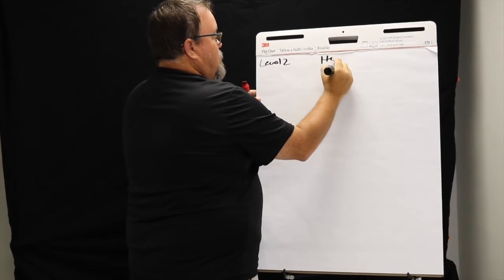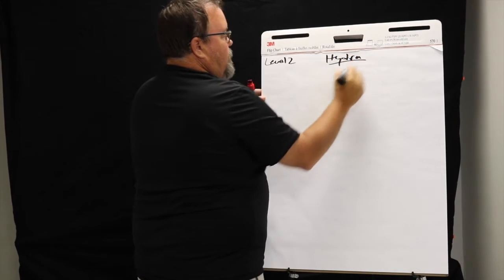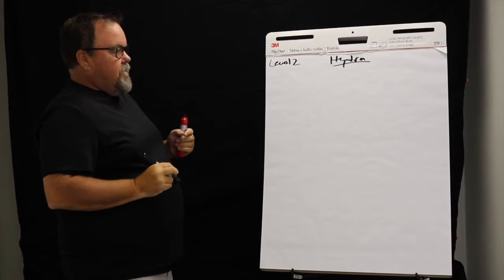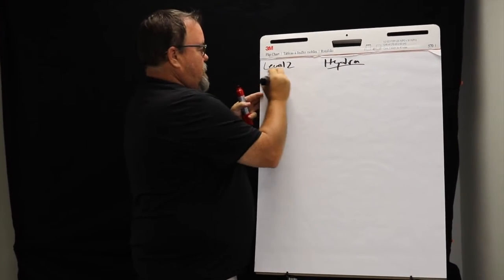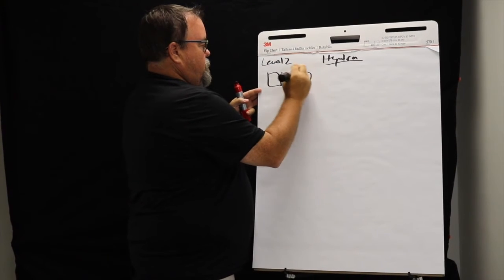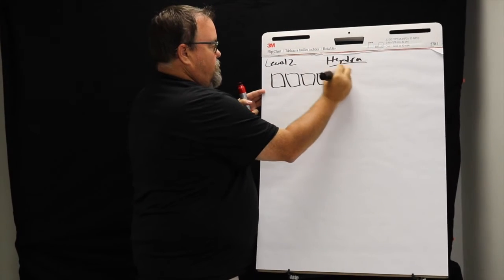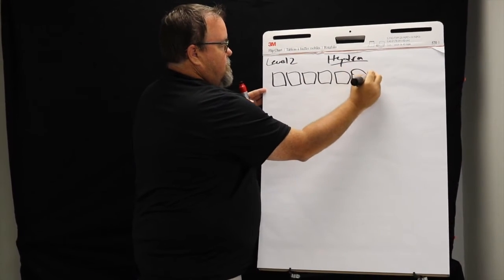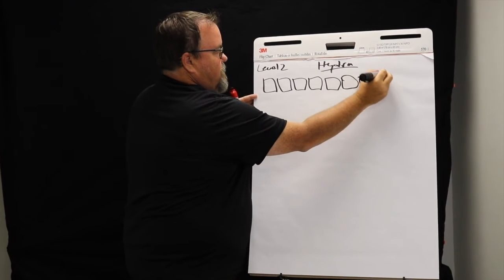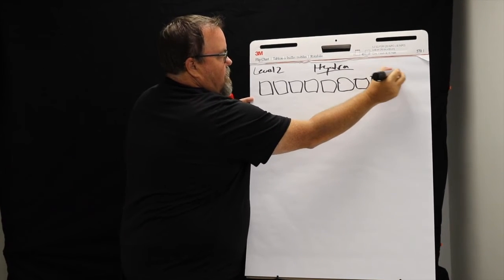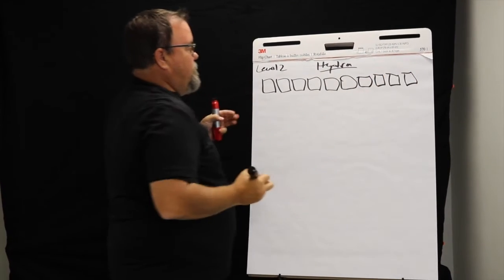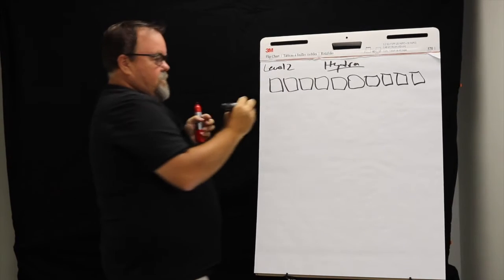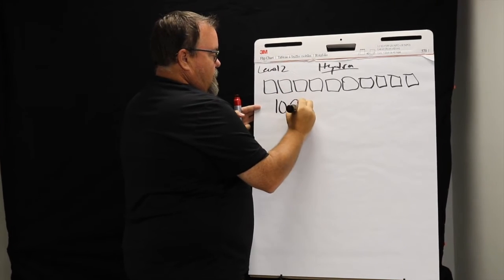So, level 2 of Hydra. And I'm going to draw the whole thing out here at the end, but I wanted to get into the details. So you've got 1, 2, 3, 4, 5, 6, 7. My squares kind of suck. 8, 9, 10. Okay, so this is the 10 commandments